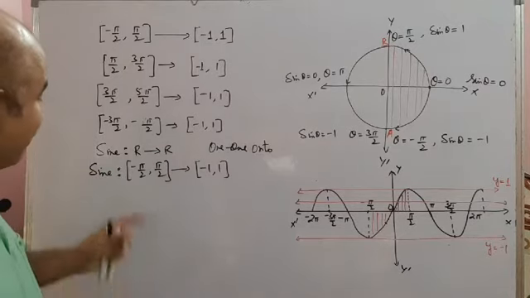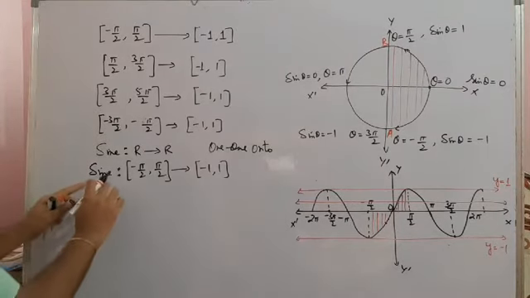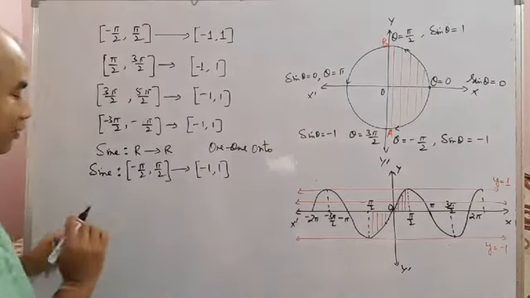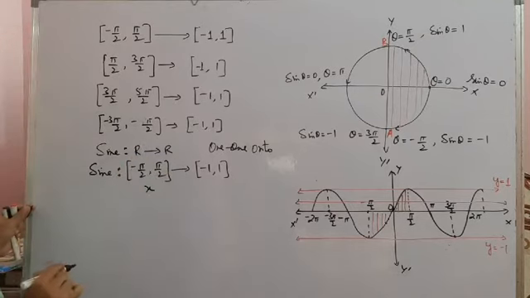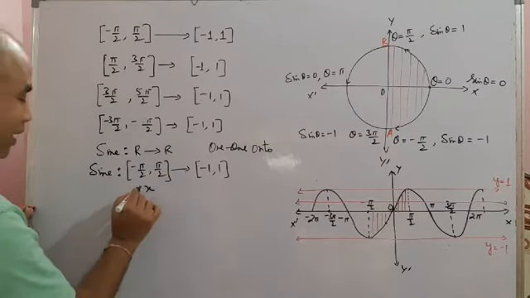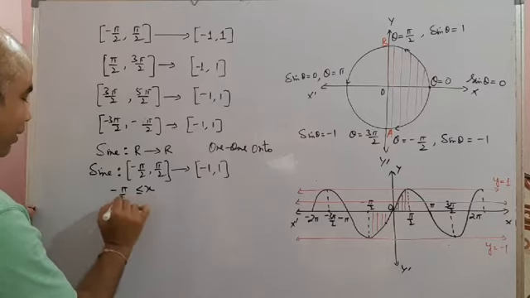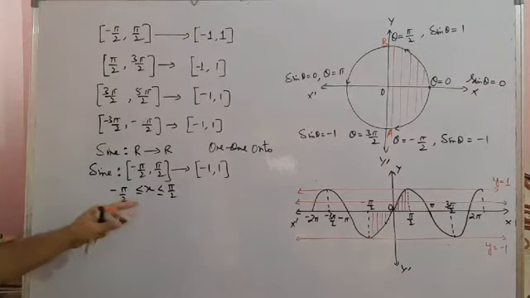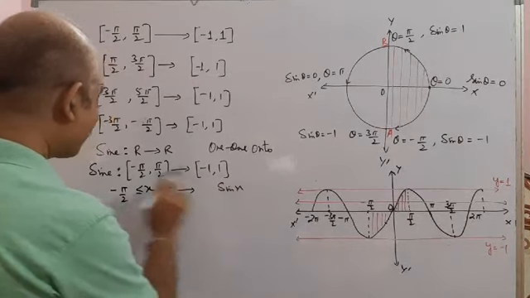Okay, now you can find the inverse of the sine function. So if sine is a function from minus pi by 2 to plus pi by 2 to the closed interval minus 1 to plus 1, here suppose we have a pre-image x. That means this pre-image x must be an angle between minus pi by 2 and plus pi by 2. That means this angle x must be greater than or equal to minus pi by 2 and less than or equal to plus pi by 2. And its corresponding image is sine x, because it is the sine function.